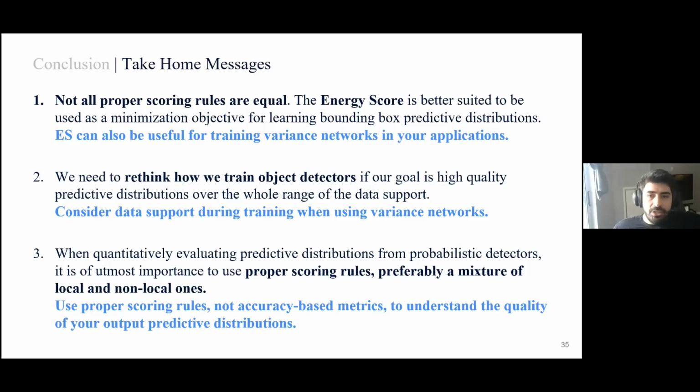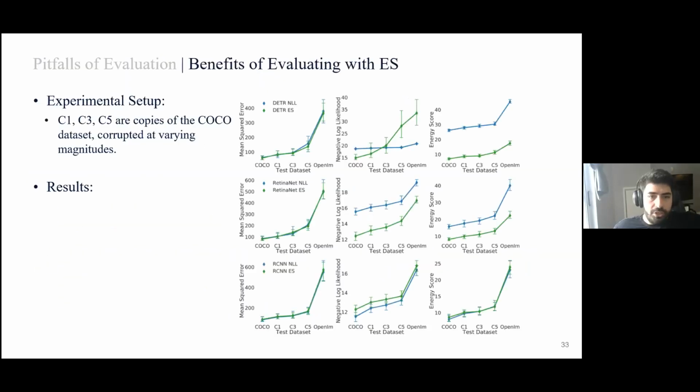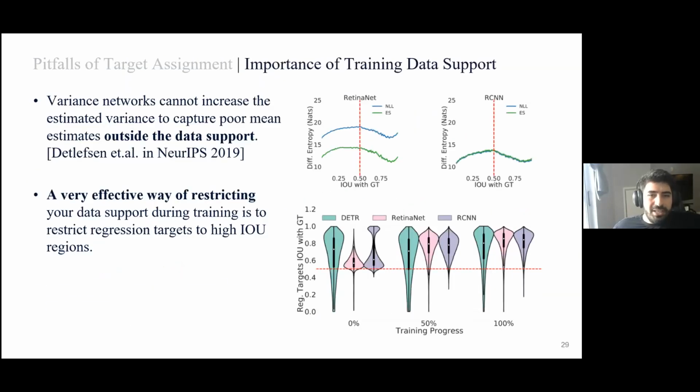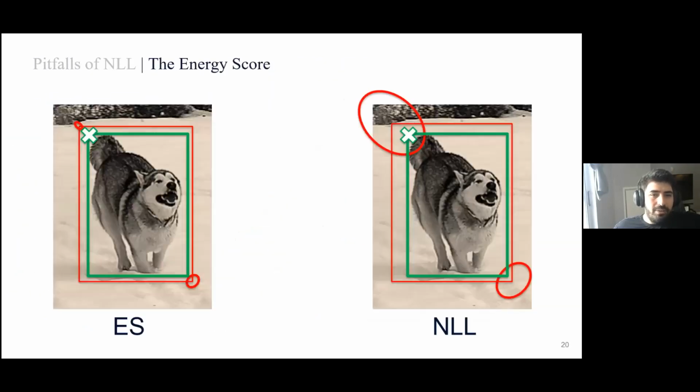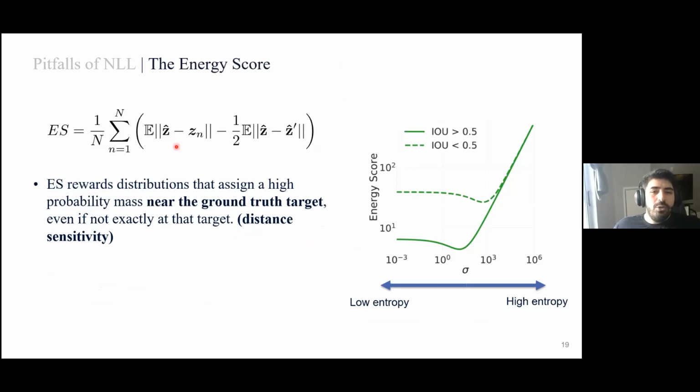So if you look at the energy score, let me go back to the energy score equation and give you some more insights, because this is important actually, and I didn't have time to add it to the presentation. The energy score is very stable, because if you have zero variance, your energy score will just reduce to the mean squared error, right? So if you have zero variance, this term will disappear.